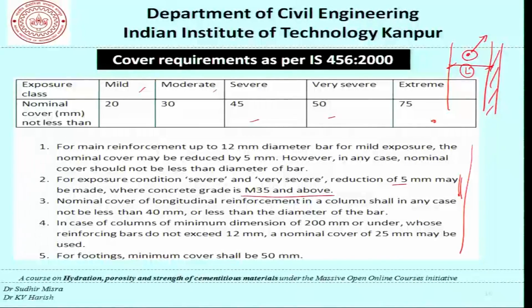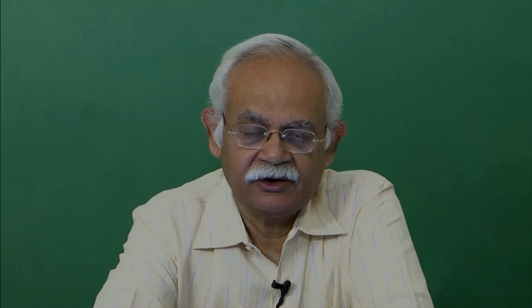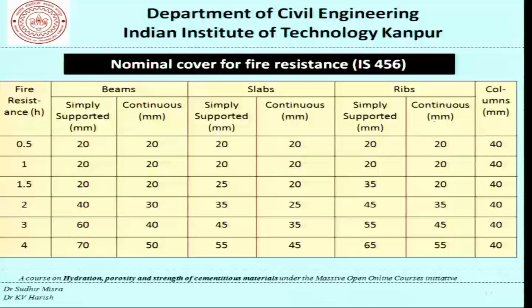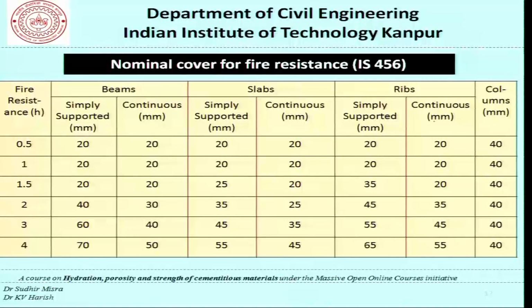So, these are the kind of fine print when we read a document and try to implement it in a drawing or in an actual construction. This table here gives you the nominal cover for fire resistance, and of course, the fire resistance would depend on the time for which the fire resistance is required. So, if it is half an hour to 4 hours, obviously if the time of the design fire is increased, the cover requirement would be increased. We would need a higher amount of concrete to be able to protect the reinforcement against a fire for a